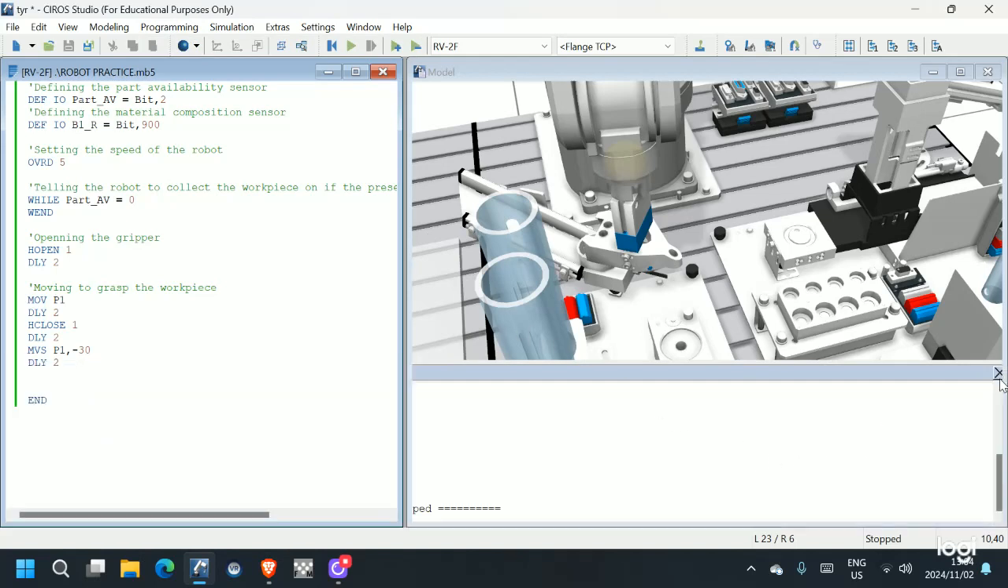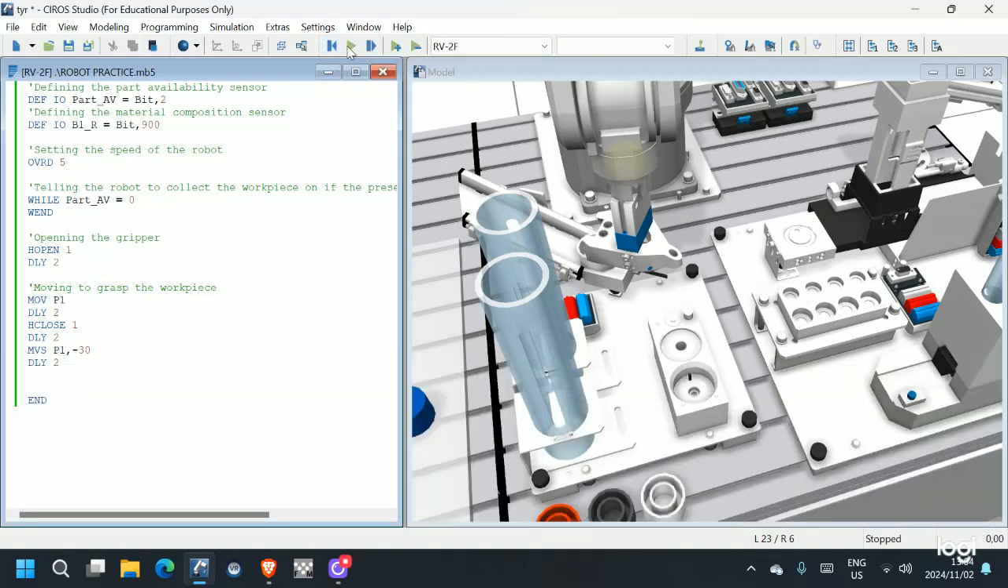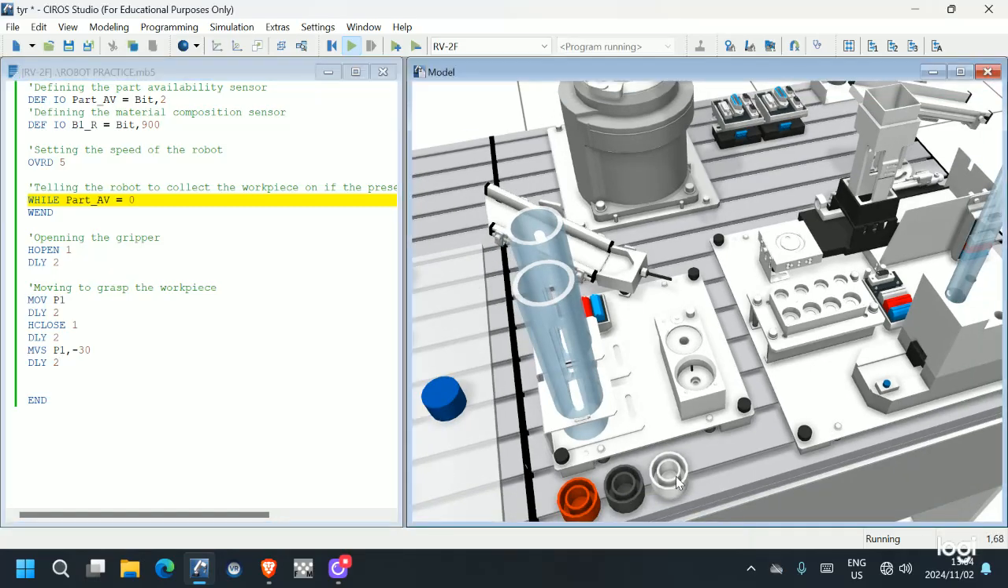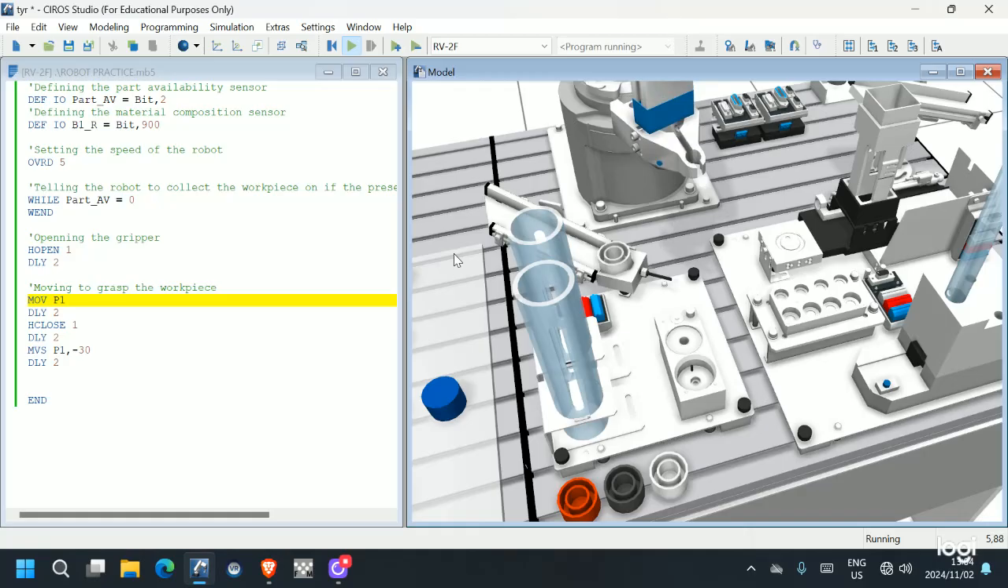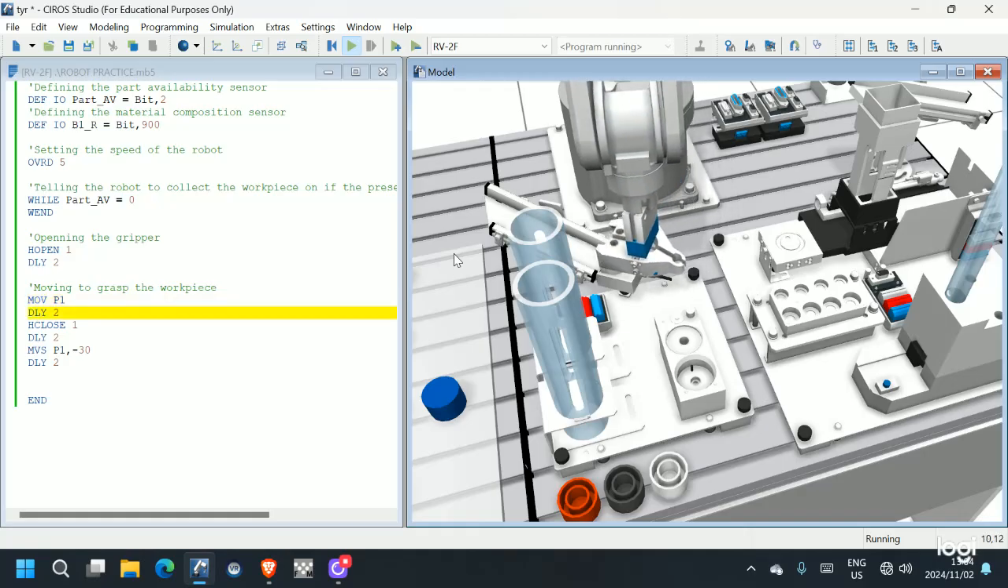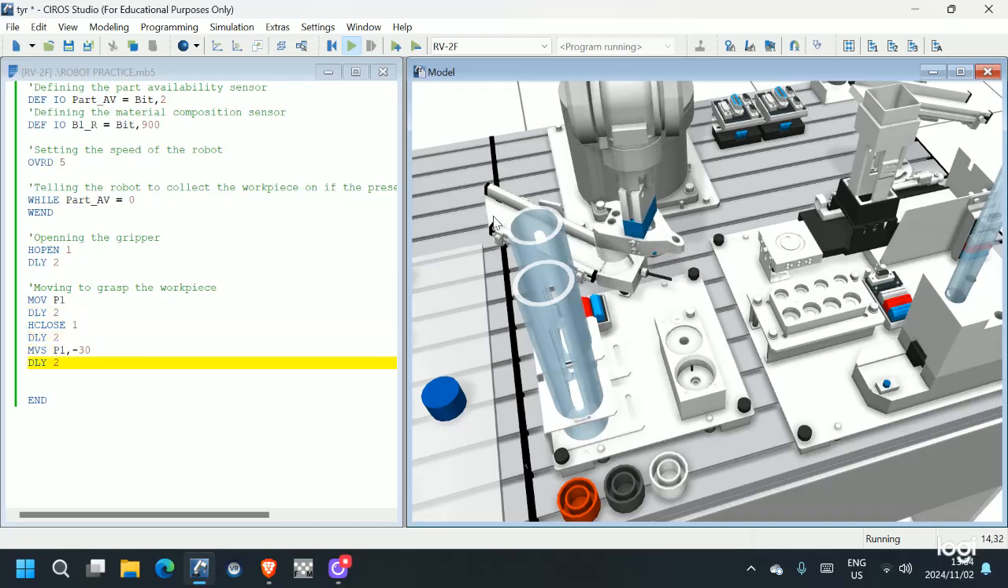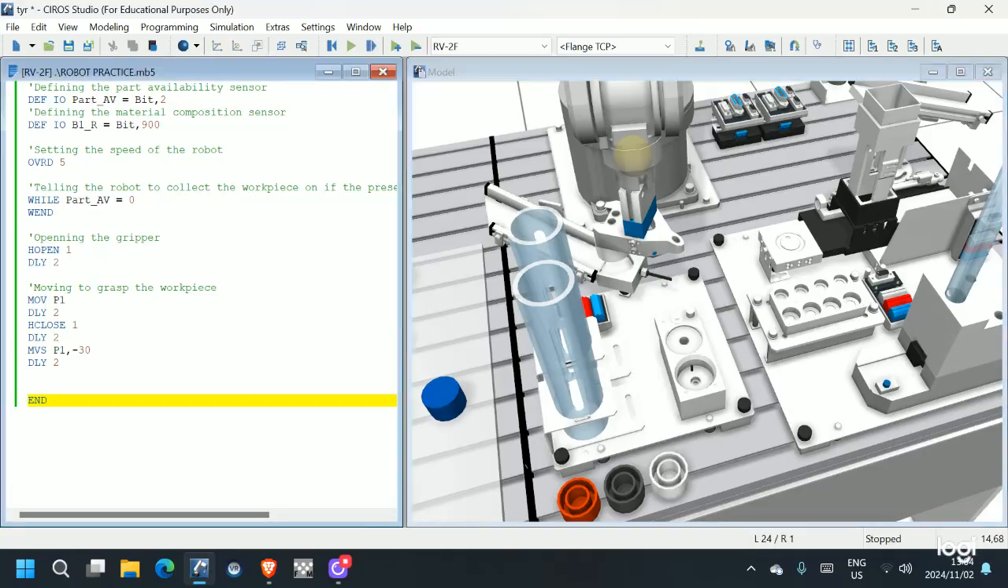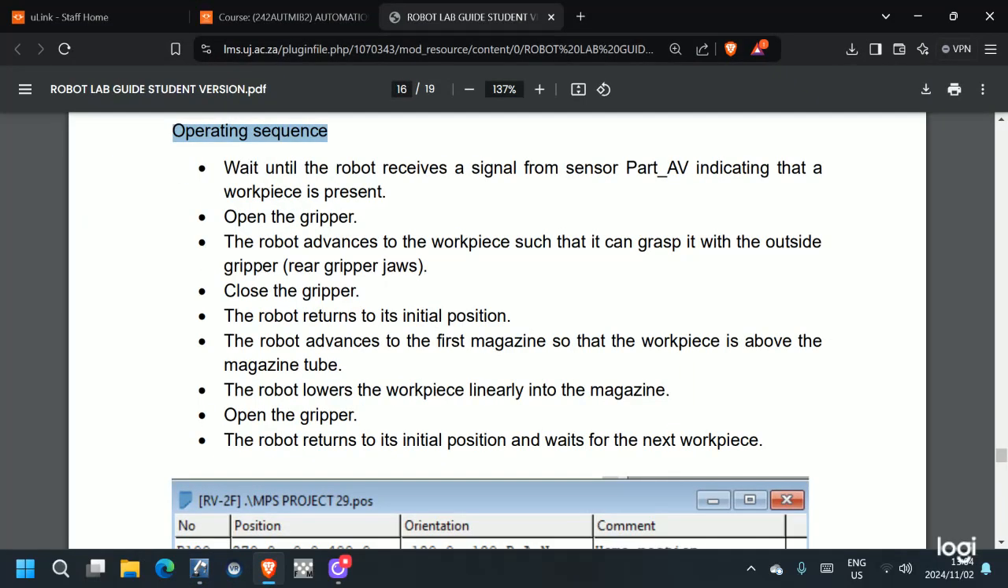One project successful, I reset, and then I insert the workpiece, and the robot moves. As you can see, now we're sure that it doesn't obstruct anything, so now we can do an MOV. The next working sequence is saying the robot